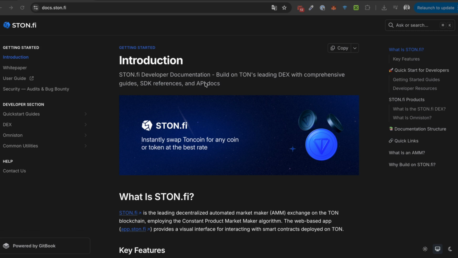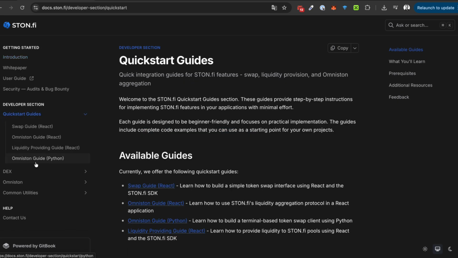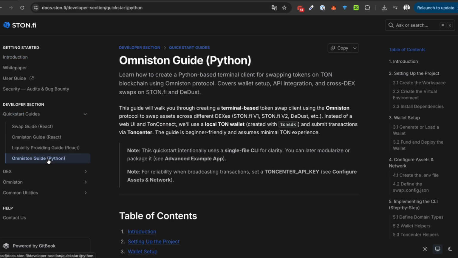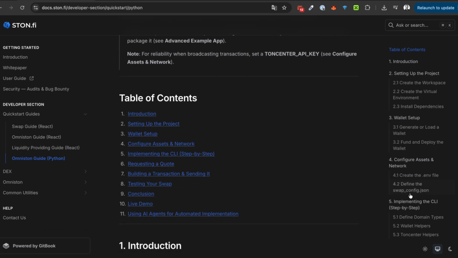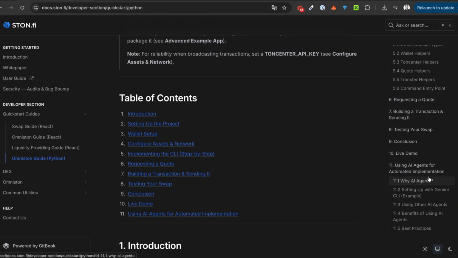Simply head over to docs.ston.fi, then go to the Developer section. From there, select Quick Start Guides, and finally click on the Omniston Guide, Python. Once you're in the Omniston Guide, use the right side sub-navigation menu to locate the section titled